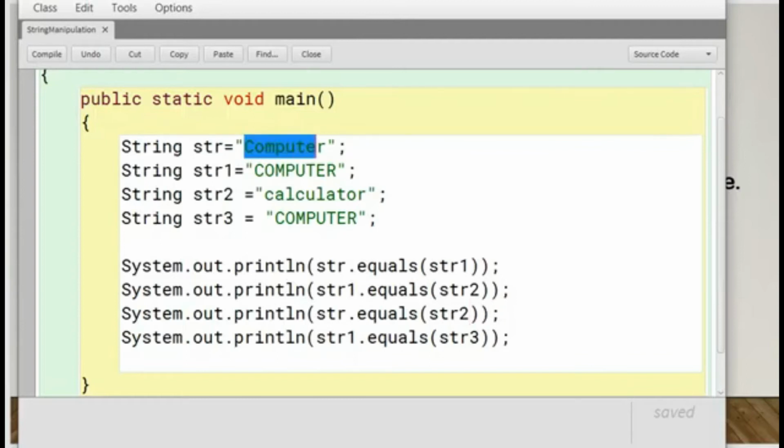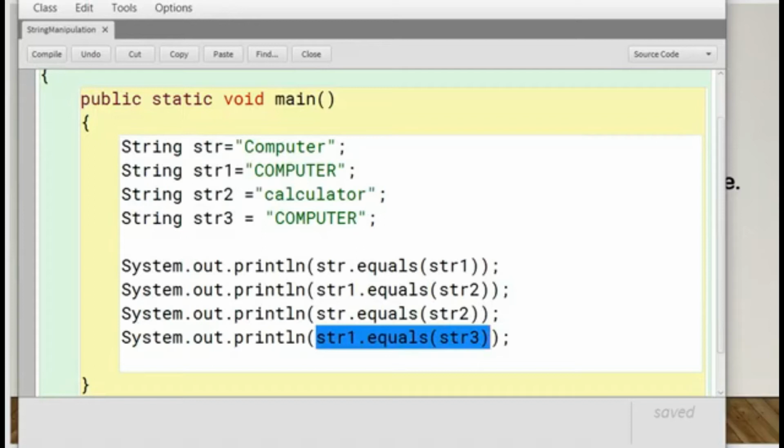Here we have taken str equals Computer, where the first character is a capital letter. str1 equals COMPUTER, all the letters are in uppercase. str2 equals calculator, and again str3 equals COMPUTER, again all the characters in uppercase. So str1 and str3 both have an identical string.